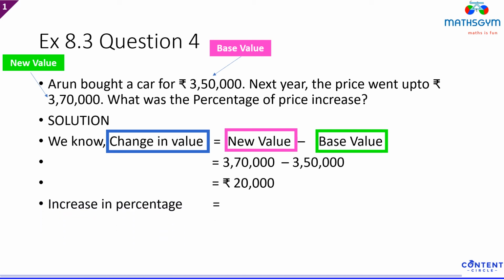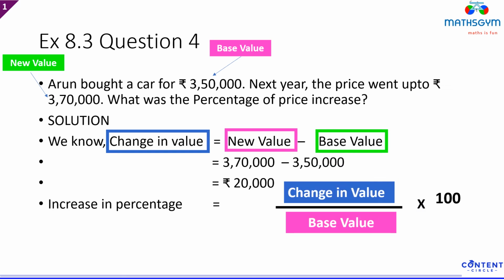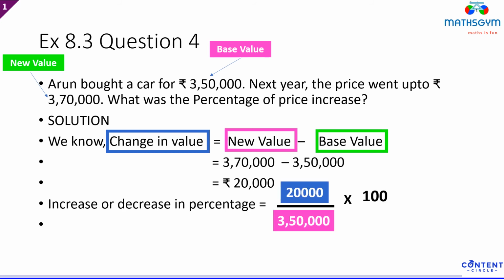What's the percentage increase? The increase in percent is going to be change in value upon base value into 100. That's the formula which you have learned. We need to apply it here. What's the change in the value? 20,000. What is the base value? Take a look at the question. Base value is 3,50,000, multiplied by 100. Solve this expression and what you get is 5.71% as the answer. So again, you need to understand what the base value is, because that's what is going to come in the denominator. So understand this part, solve more and more problems to get confidence on cracking any such type of problems.